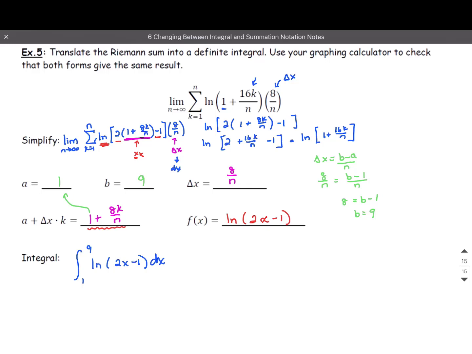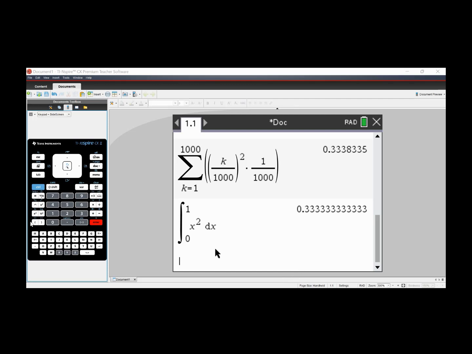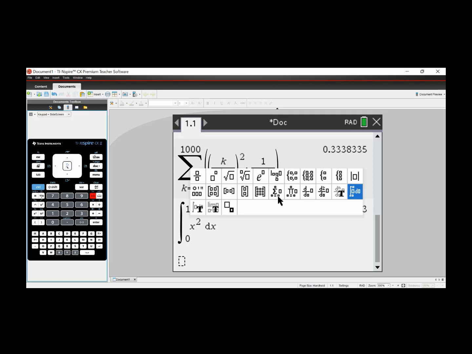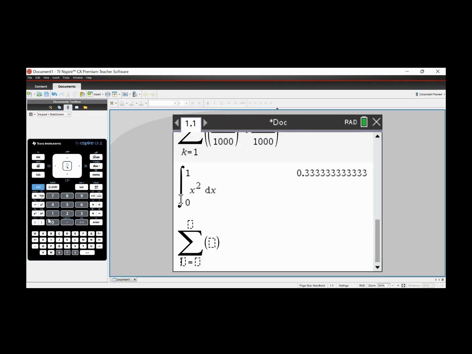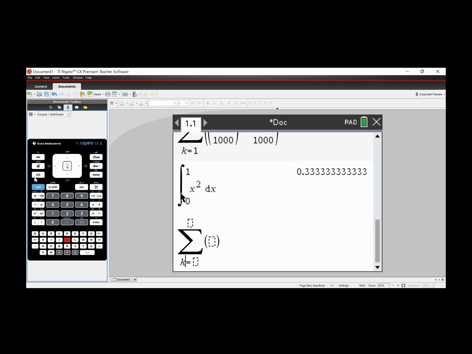Okay, now we're going to go to the calculator and see that we get the same value for the limit as we do for the integral. So here we are again. We need to do a limit as n heads to infinity of a summation. So again, we're going to take a summation. We're going to let k tab, and it's going to start at 1 tab. Now we can't let n go to infinity, so we're going to pick a large number for n. Let's try 1000 again. It seems to be working for us. We're going to tab in there. We're going to control e to the x to get our natural log of 1 plus,